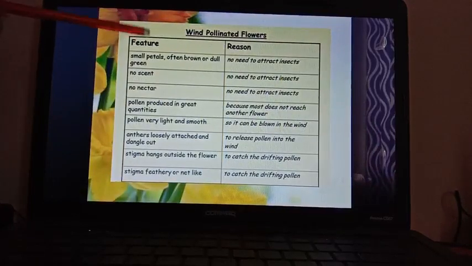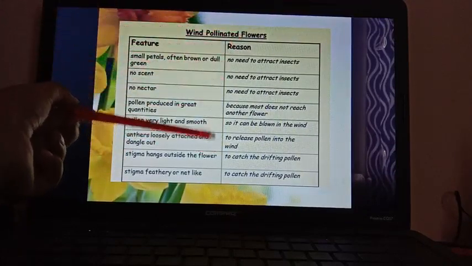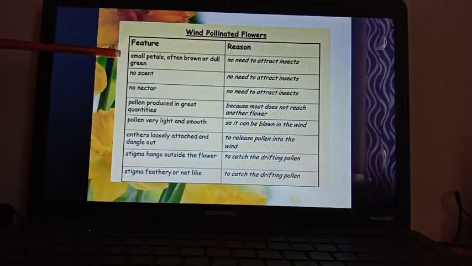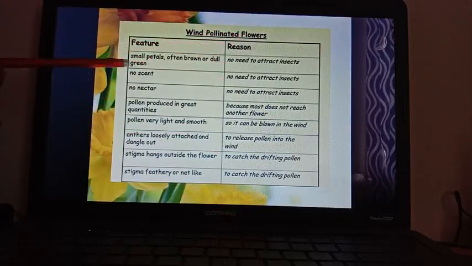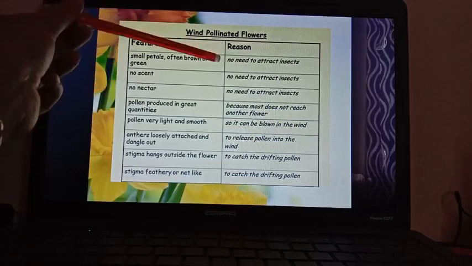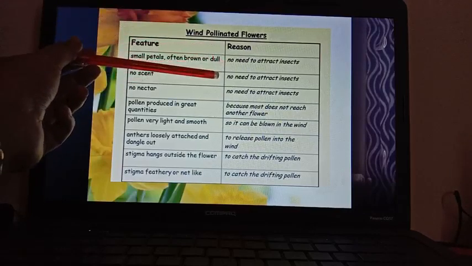Now here is a chart to show the features of the wind pollinated flowers and the reasons behind them. Small petals, often brown or dull green, because there is no need to attract insects. Already I have told this: no scent, no nectar. These characteristics are also because it doesn't need to